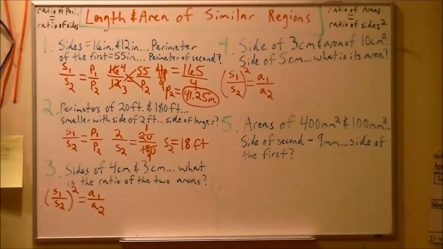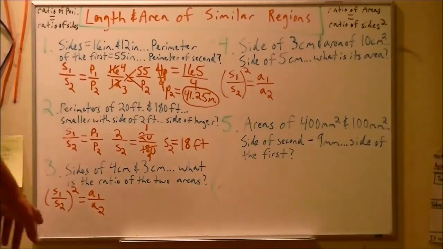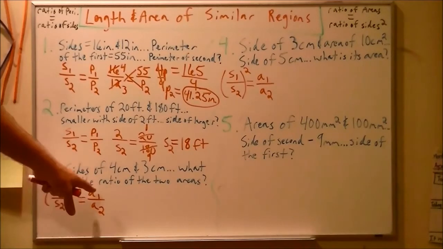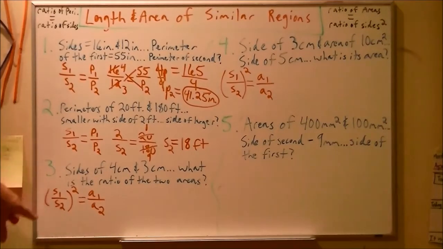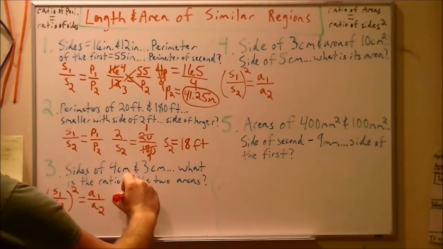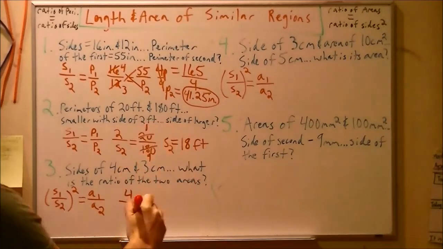Now here we don't have to find the areas themselves, so we really don't have to calculate it, thankfully, this time, because we're going to be given the areas of each once we do this mathematical process of the sides based on the info we're given. And we're going to do that in the order that we've been given them, S1 and S2. So what's the side of the first one? 4 centimeters. So all I'm going to do is put a 4 on top. What's the side of the second one? 3 centimeters. I'm going to put